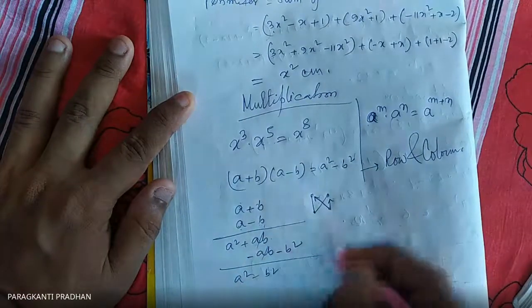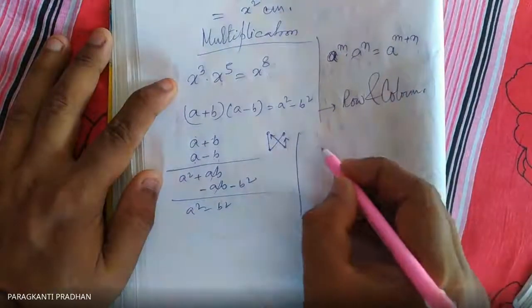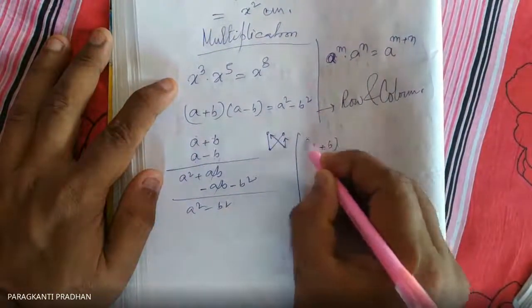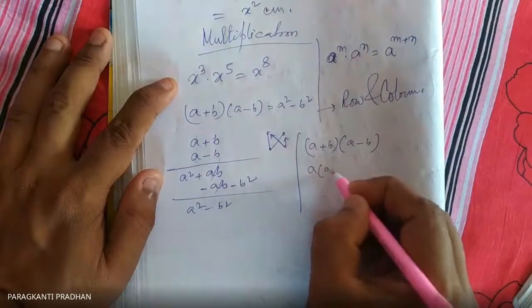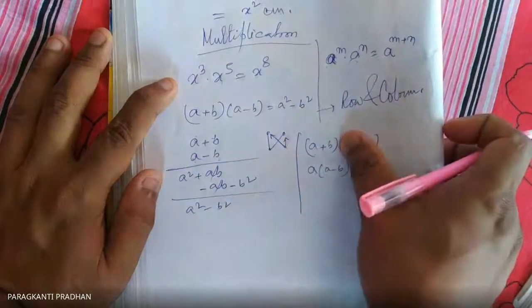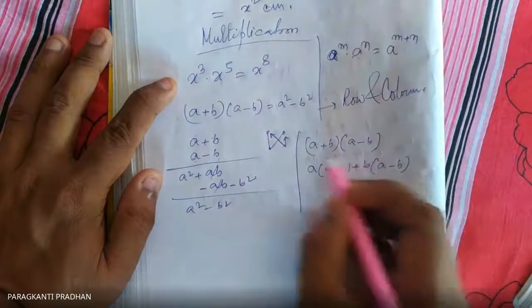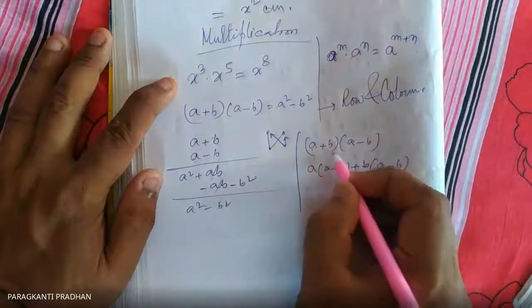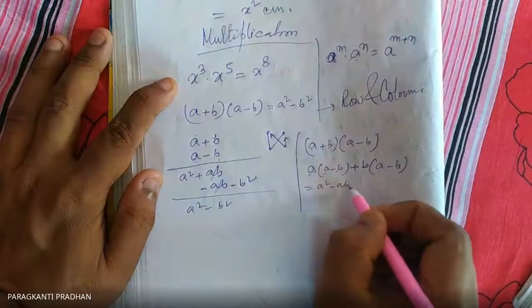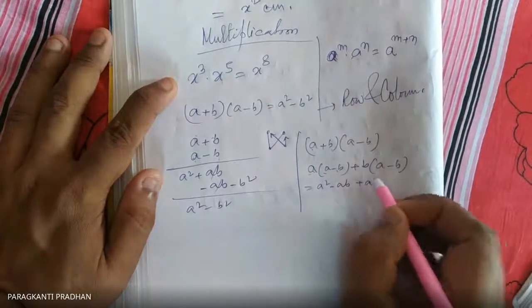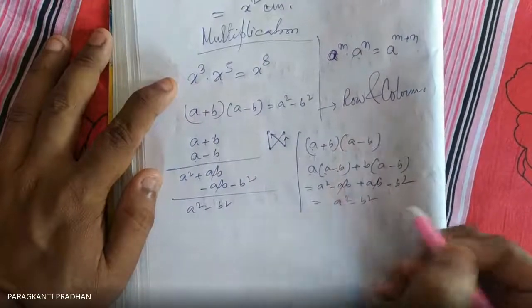this is a square minus b square. When we are multiplying this by the row method, a plus b into a minus b, look, in that time a into a minus b, this into whole, plus b into whole. Now a into a square, a into b minus ab, b into a plus ab, b into b minus b square. So this is cancelled, a square minus b square. Is it clear?